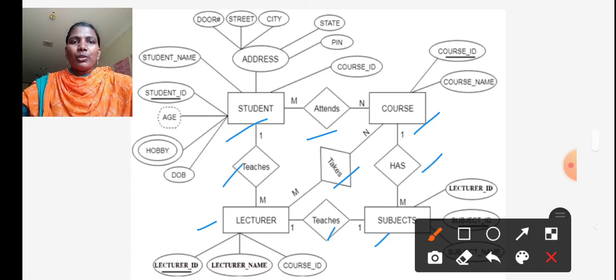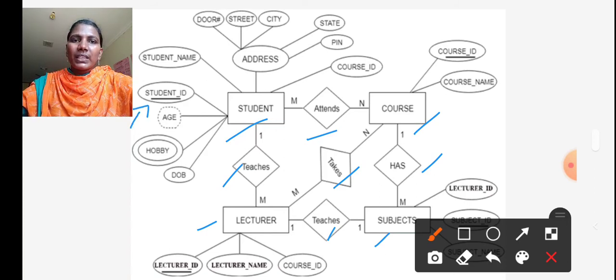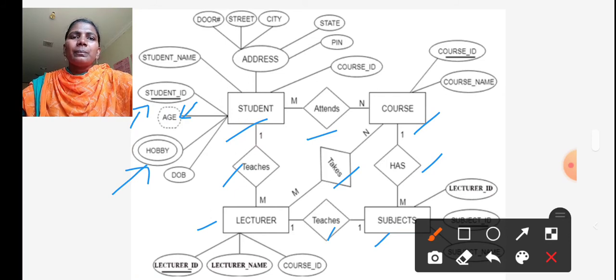The attributes: this is the key attribute because it is represented with an underline, this is the derived attribute shown with a dashed ellipse, this is a multi-valued attribute, and this is a composite attribute.